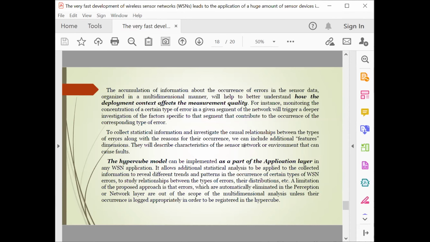For instance, monitoring the concentration of certain types of errors in a given segment of the network will trigger a deeper investigation of the factors that are specific to that segment that contribute to the